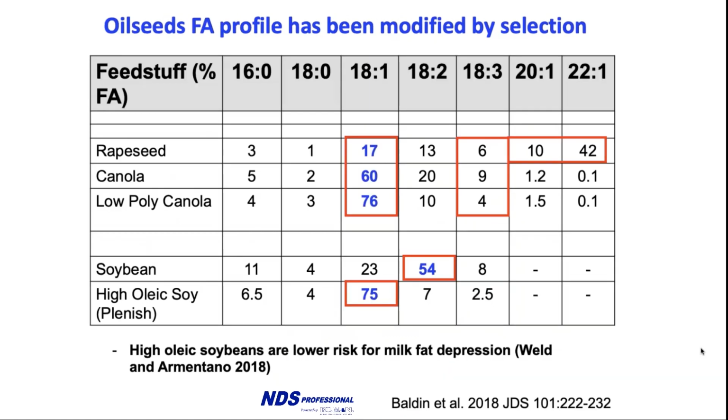We used to be able to know what the fatty acid profile was without testing because fatty acid profiles within feed ingredients were pretty consistent. But now we have examples where people have selected for different fatty acid profiles. Canola would be a really great example of this. They started out with rapeseed and selected it to be low in these 20 and 22 carbon fatty acids and high in oleic acid, and have made really major shifts in